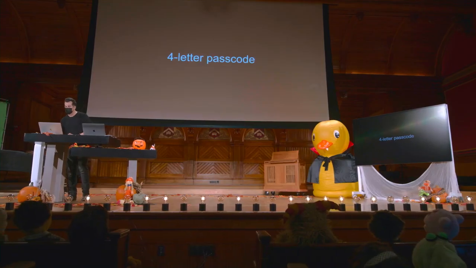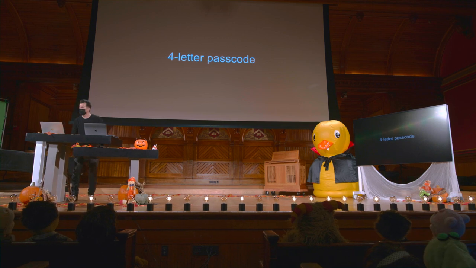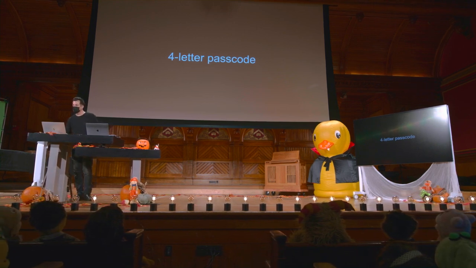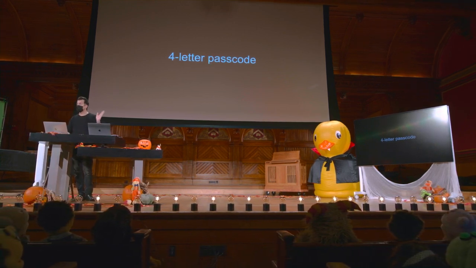So I like this instinct. Let's see if we can't make things a little harder. And actually, let's go one step further. Rather than just numbers, you've probably noticed on your phones, you can use letters of the alphabet too. If you click the right option on the phone, you can start typing in words and letters. So how might we do that instead? Well, let's transition to 4-letter passcodes, where the letters of the alphabet, for instance, are A through Z in English alone.